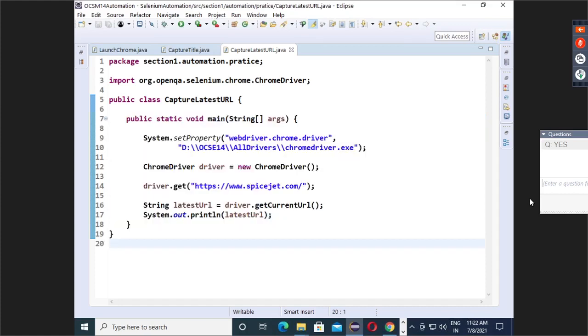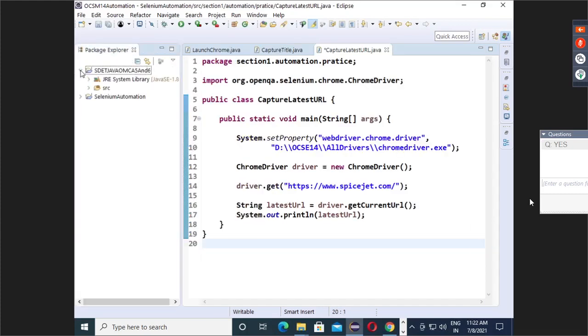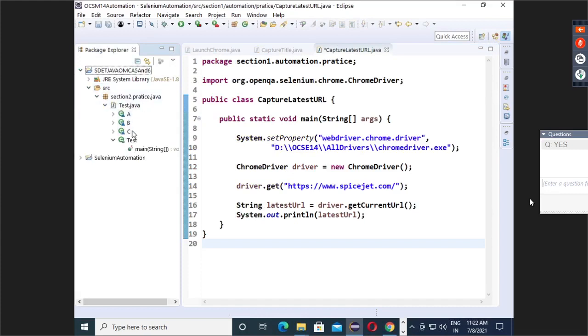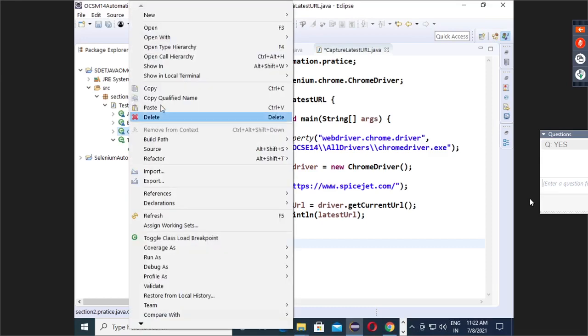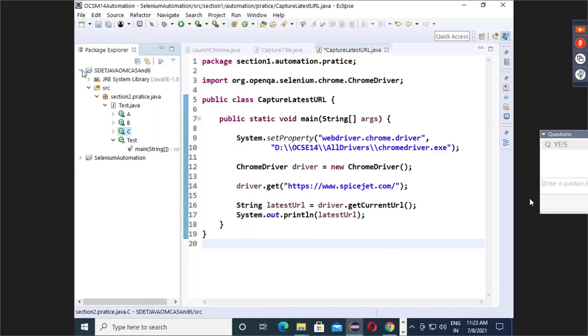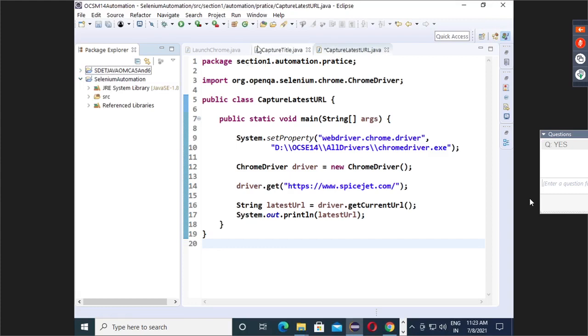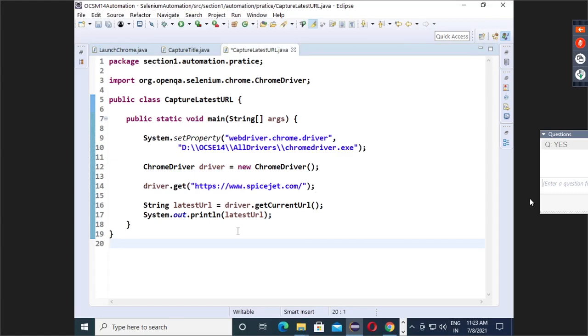But if you declare another class here, something like this, and in that class you have the main method, then you have to go to your package explorer, select your class, right click, and run as Java application. This is the way. Get the point, Bhavin?